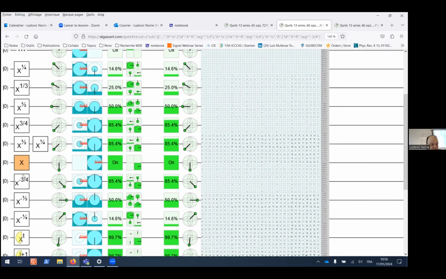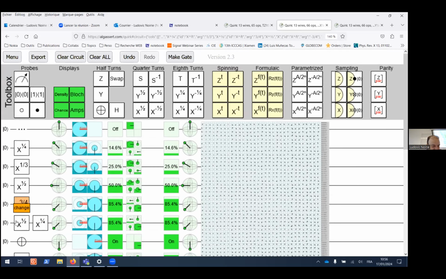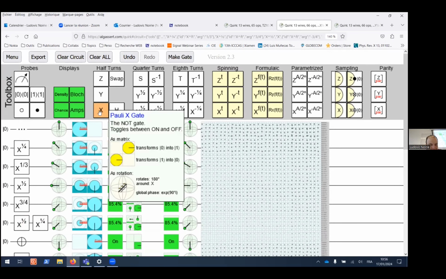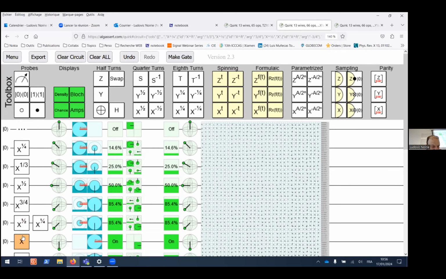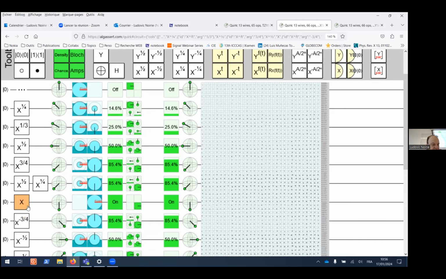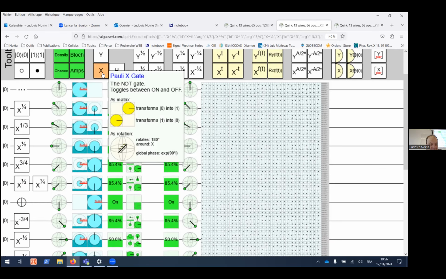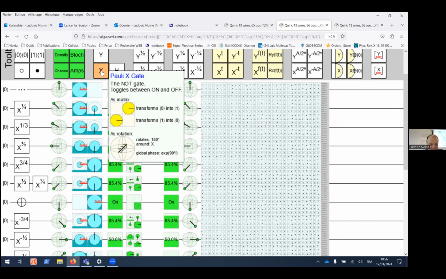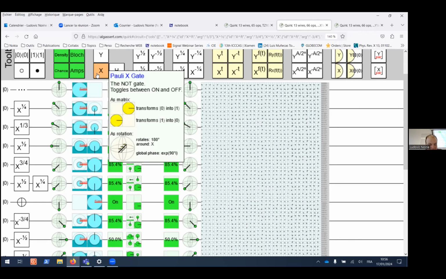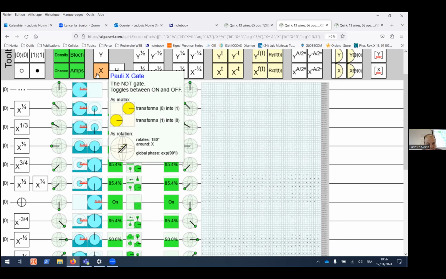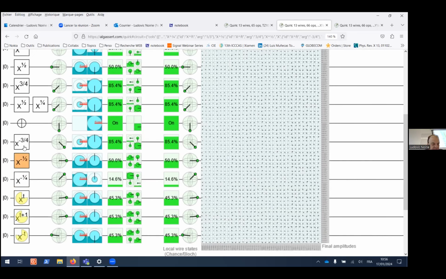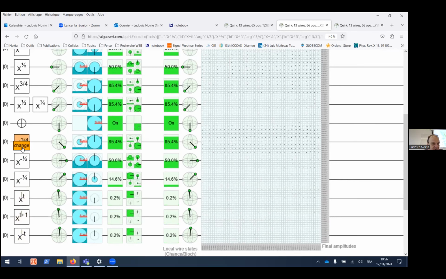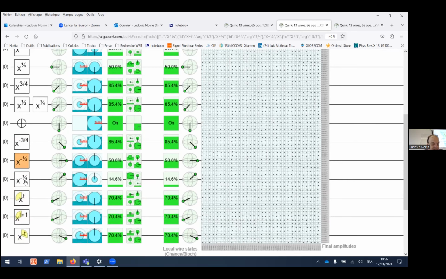And then the gate which is written by plus is this one, which is also the X gate. There are two names for this gate, X or plus, and the X gate is a rotation of 180 degrees around the X axis. It is represented by the matrix 0, 1, 1, 0, as you can see with the matrix representation. And then you can also have minus X, X to the power minus 3/4 and so on.